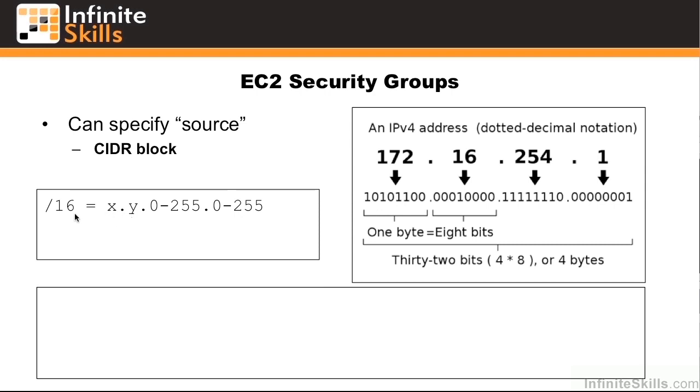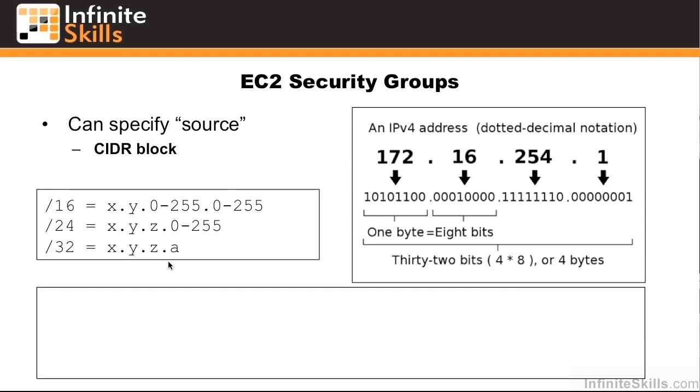such as right here. We have /16, which for this address would specify that this is hard-coded. The third parameter can be between 0 and 255, and the last parameter can be between 0 and 255. If we have a /24, we're masking off the first 3 octets, or 24 bits, in which case we can have X, Y, Z, which are hard-coded, and the last one can be 0 through 255. If you specify a /32, you're specifying a single IP address, in which case we have X, Y, Z, and